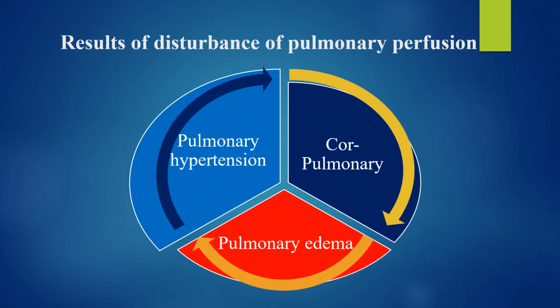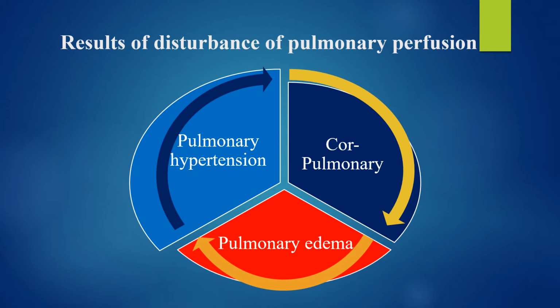Pulmonary hypertension may develop by the reflex pathways, Euler-Liljestrand reflex and Kitaev reflex. Euler-Liljestrand reflex occurs during a decrease of the oxygen content in the alveolar air. For example, during hypoventilation, lowered oxygen concentration in alveolar air causes an increase in tonicity of pulmonary arterioles. These arterioles are squeezed and pulmonary hypertension occurs.